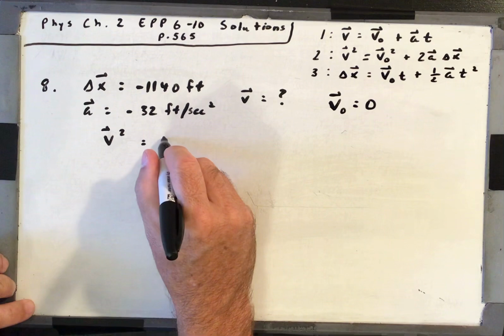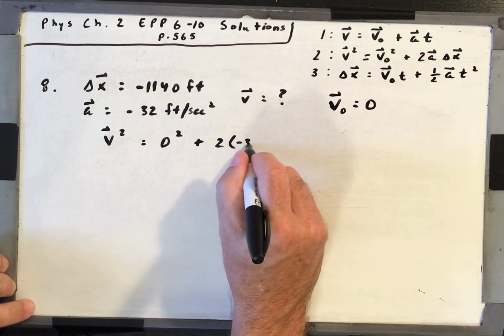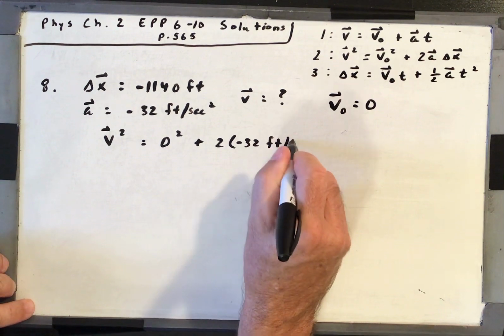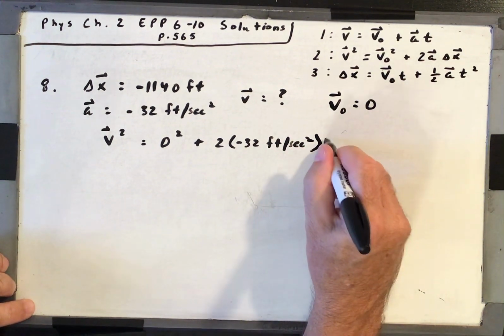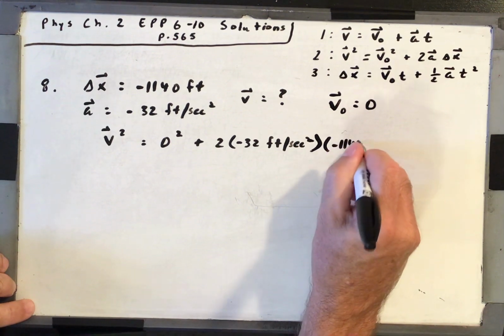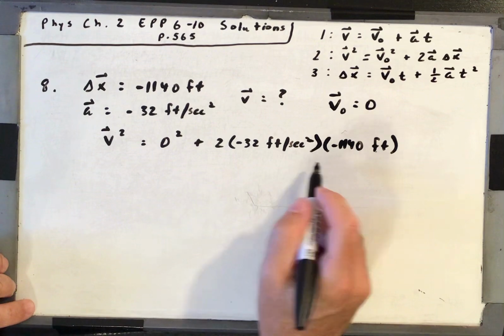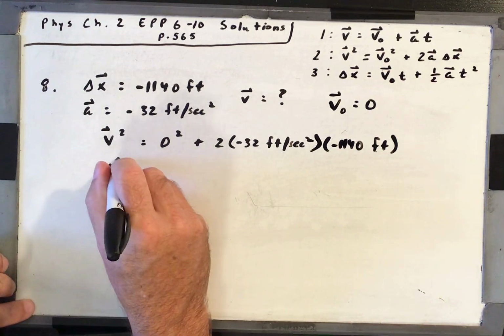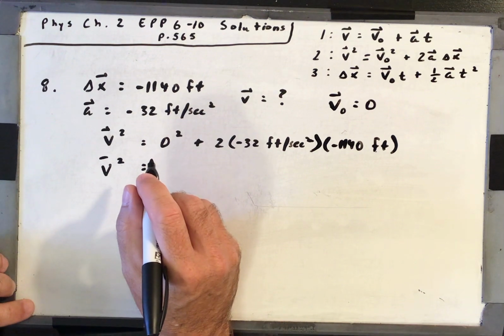So I would have 0 squared plus 2 times negative 32 feet per second squared times delta x, negative 1,140 feet. Those two negatives are going to cancel out, and I can get a positive number that I can take a square root of. All right, so v squared is